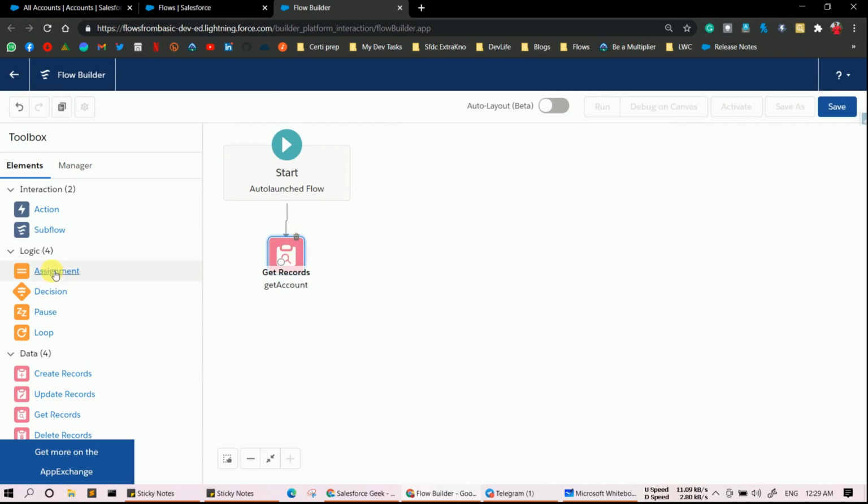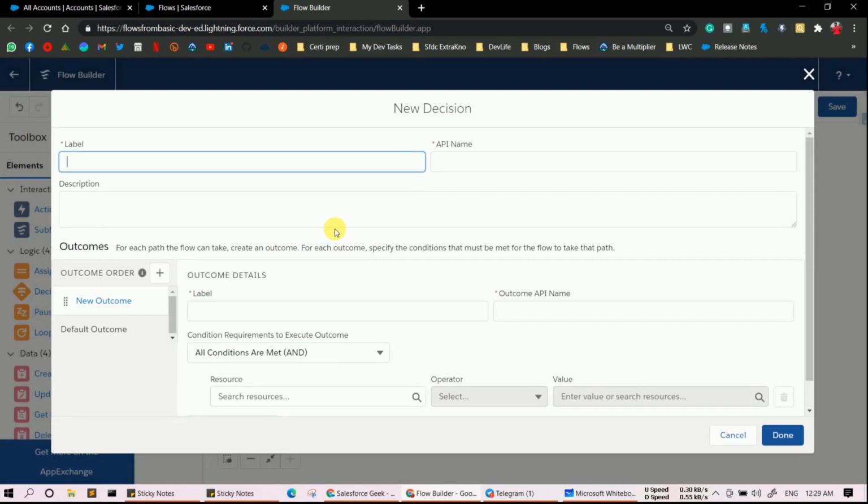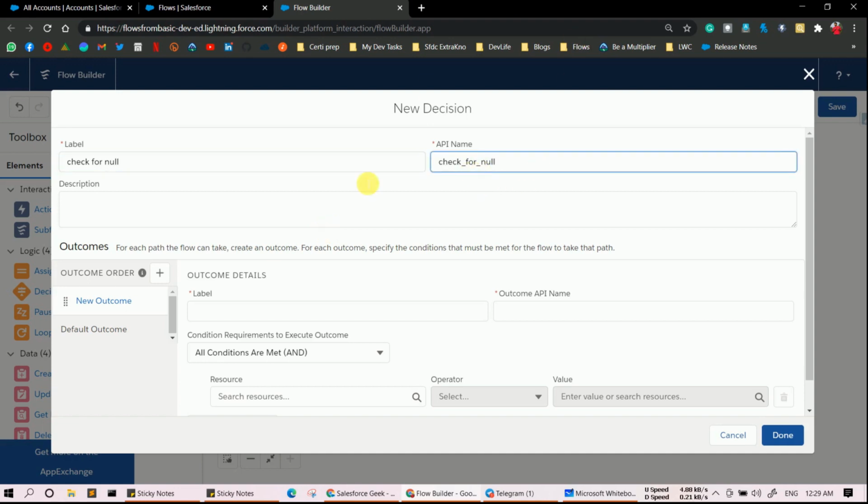Now drag and drop a Decision element and type the label, let's say Check for Null, or let's say Accounts Found.